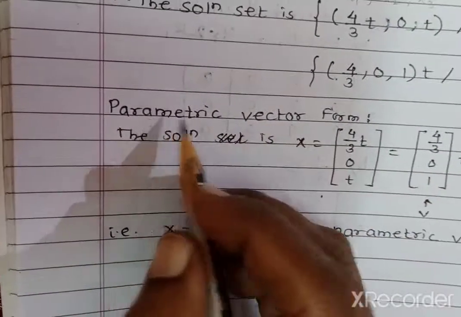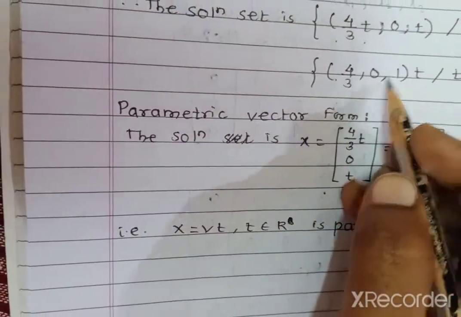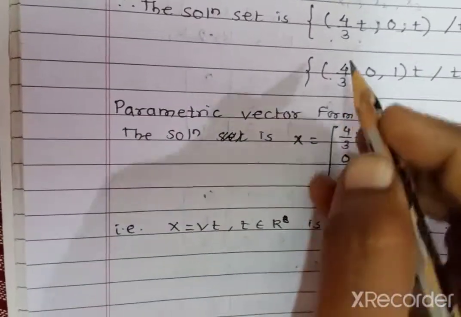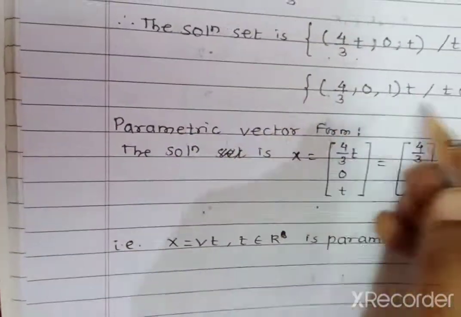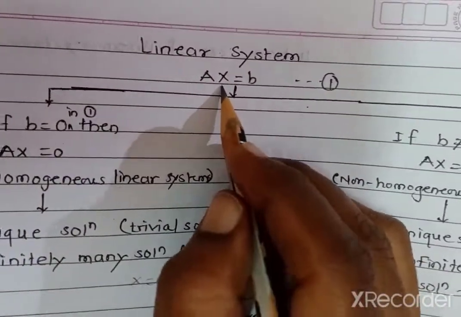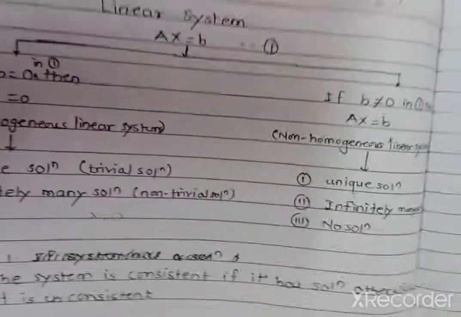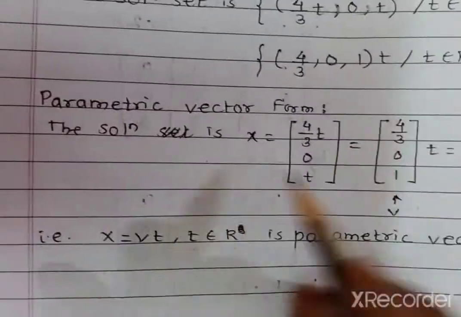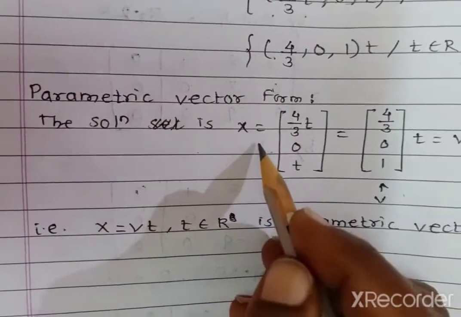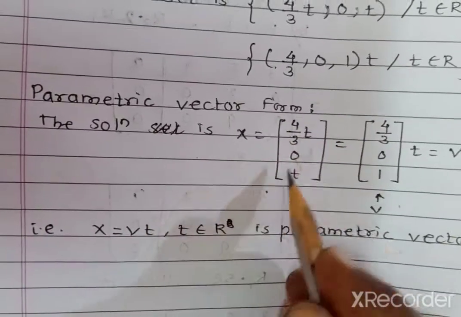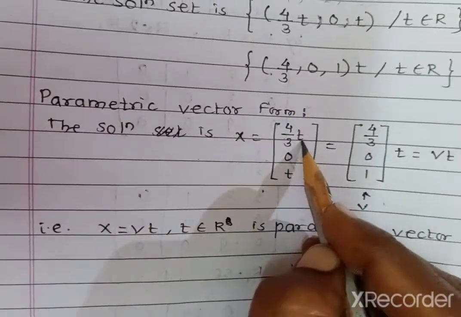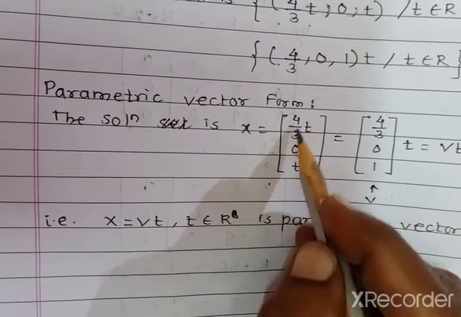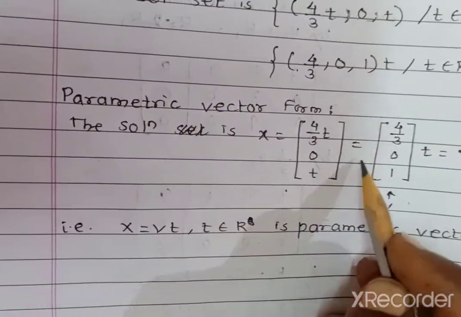For the parametric vector form we first write down the solution. Suppose that solution is the values of our x. In short, x contains how many variables? x1, x2 and x3. So the solution is capital X, which is equal to, written in column matrix form, first entry x1, x2 and x3. So 4 by 3 into t, 0 and then t, which is equal to